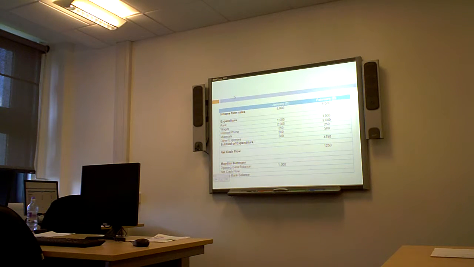No. Well, net cash is simple. It's exactly the same there. Net cash doesn't change every month. So what is the equation for closing bank balance? What did you write down? Closing bank balance: opening balance and the net cash flow. Closing bank balance is your opening bank balance plus your net cash flow, remember? Oh, so that's right. I made that as my opening balance. That's it. That's right.